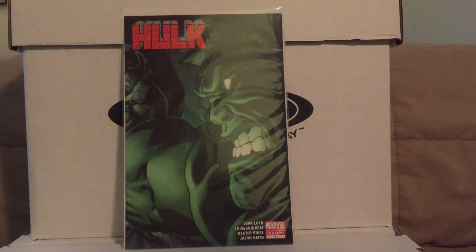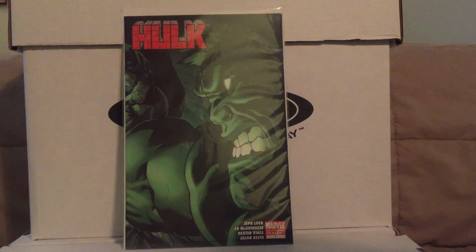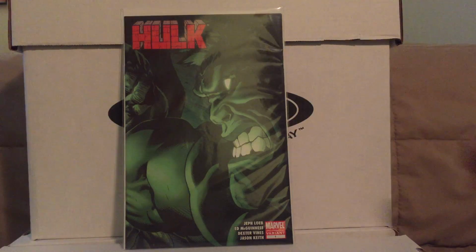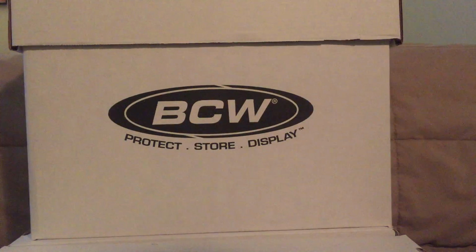And then of course you've got Kamala Khan's first appearance on that second print of Captain Marvel 17, which goes for insane amounts compared to the first printing. Now I don't think that's going to happen with this one, but it is a first appearance, second printing of a first appearance, so it's rare. So long story short, I figured that it's a good buy, and I certainly like to have this in my